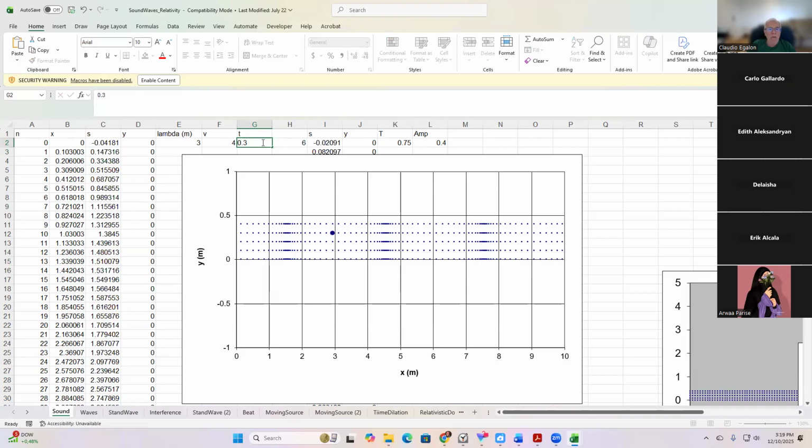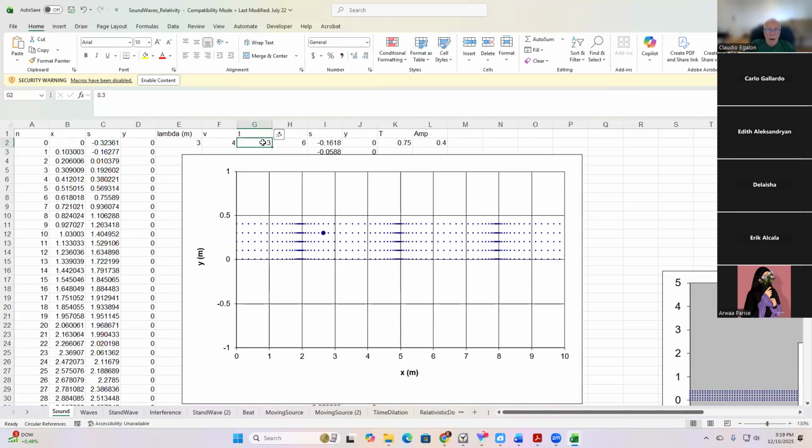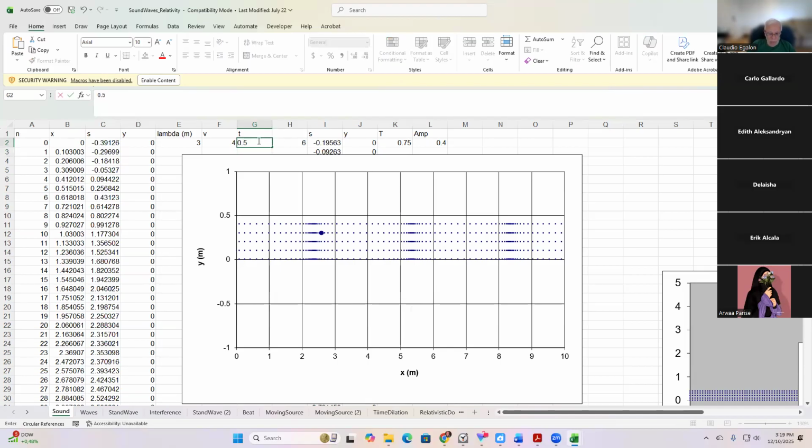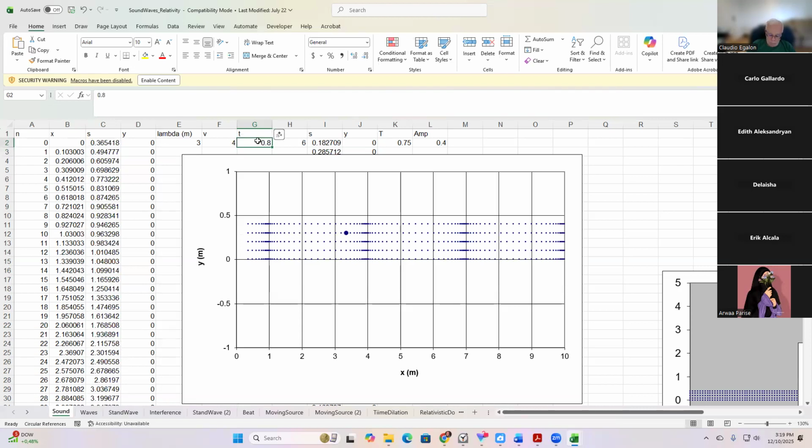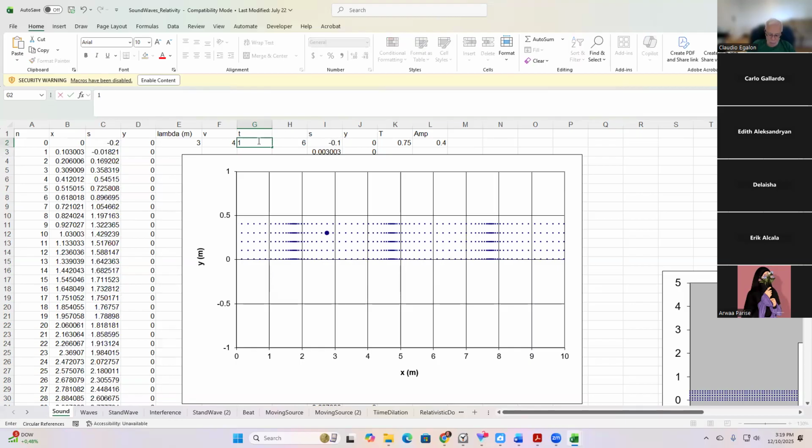0.2, 0.3. And while you observe this simulation, pay attention to this larger dot that we have right in here. Pay attention to this larger dot. 0.3, 0.4, 0.5, 0.6, 0.7, 0.8, 0.9, 1, 1.1, 1.2,